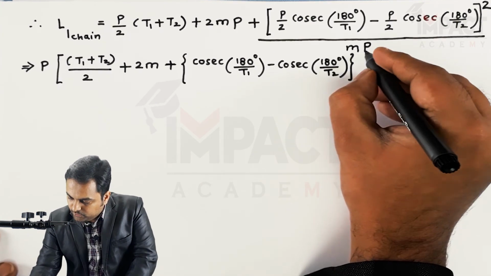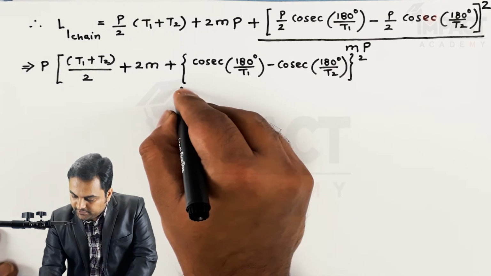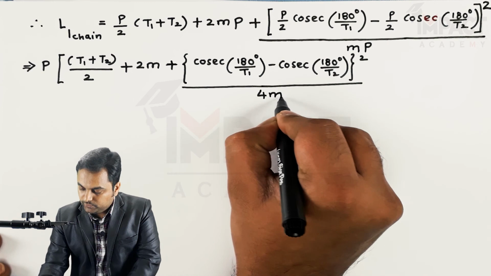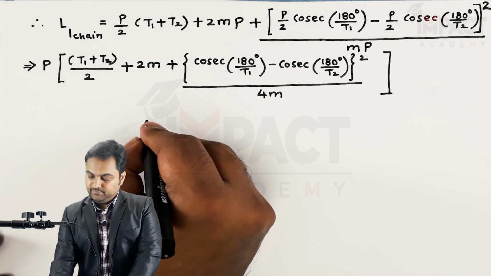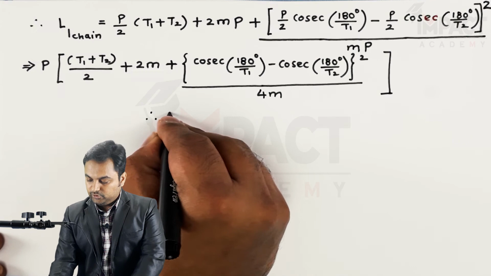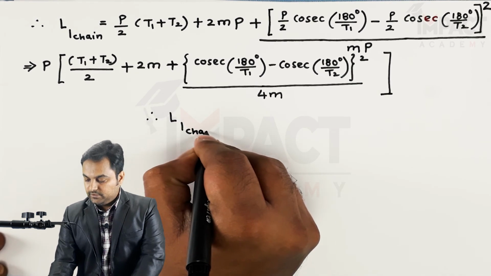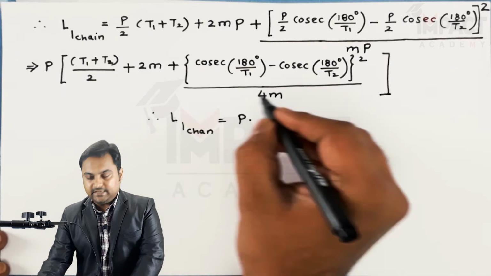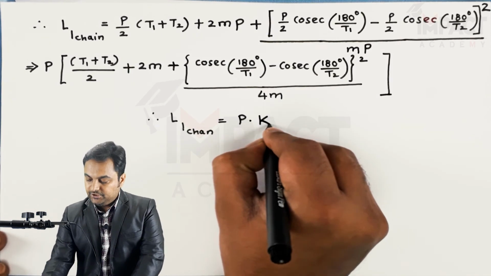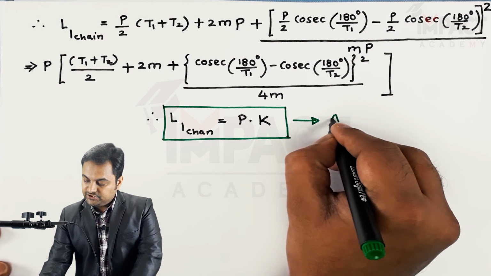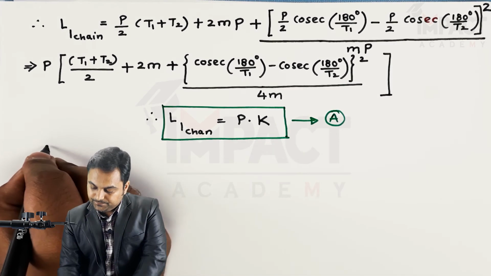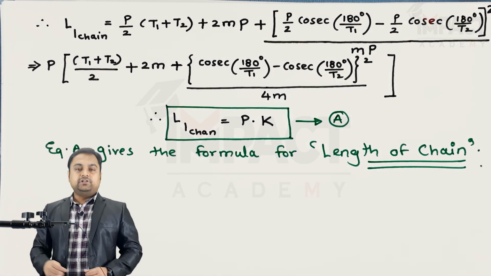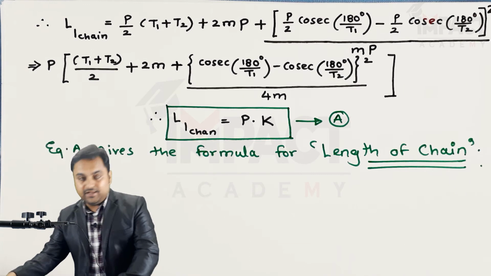These terms are having whole square divided by, since it was 4m in the denominator, 4m. So therefore this formula can be written in this way, that length of a chain can be equal to p into this entire bracket, which I'll denote as another constant, k. I'll say this is equation A. Equation A gives the formula for length of chain, where this term k